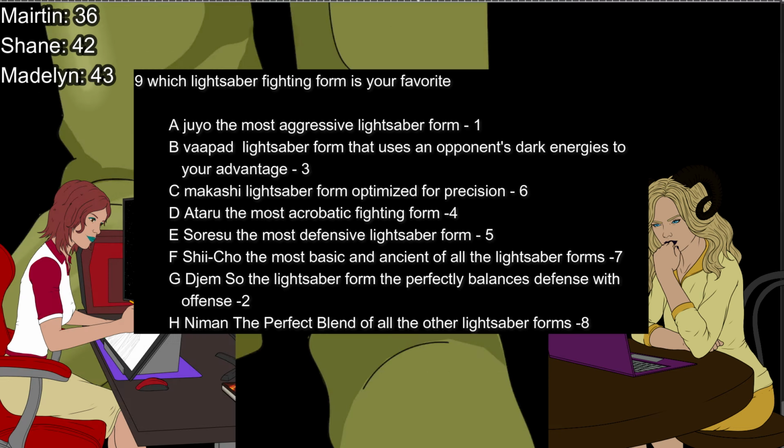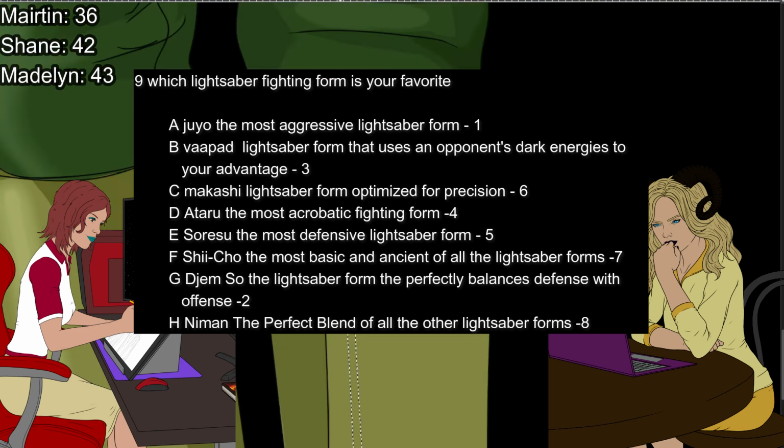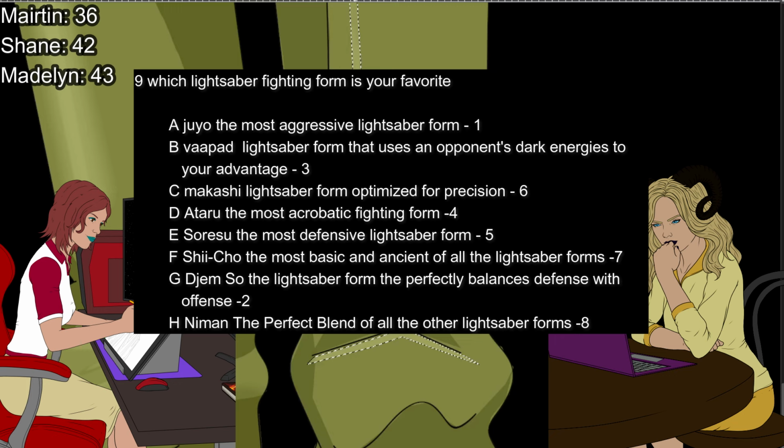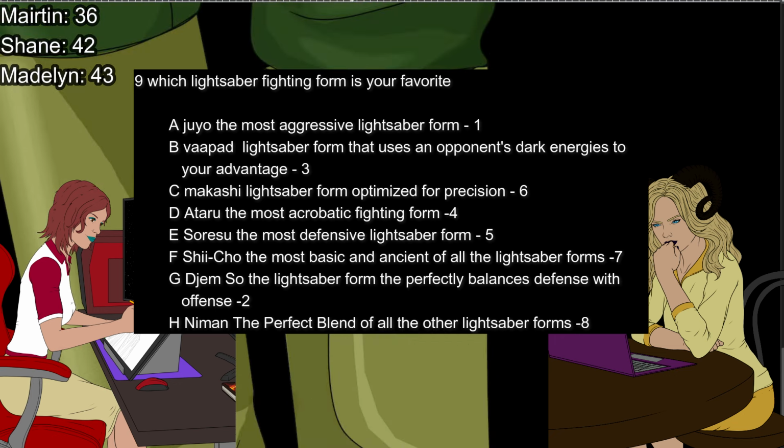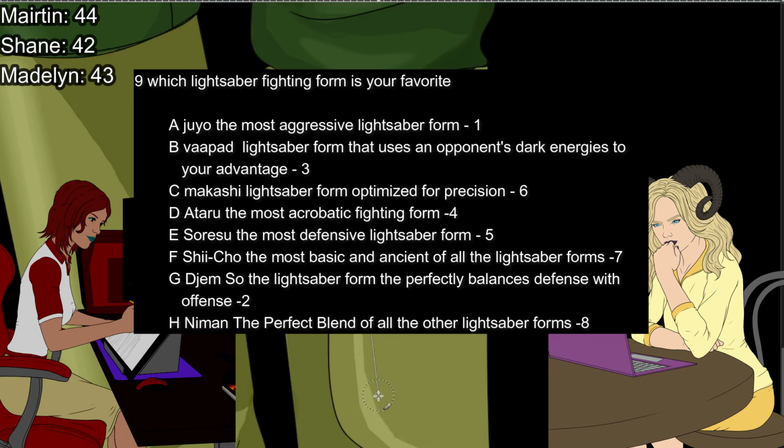I think that Martin's probably... He's so all around when it comes to athletics. I really see him going for the perfect blend. Yeah. I see that too. And honestly, if you're talking about physical stuff, I